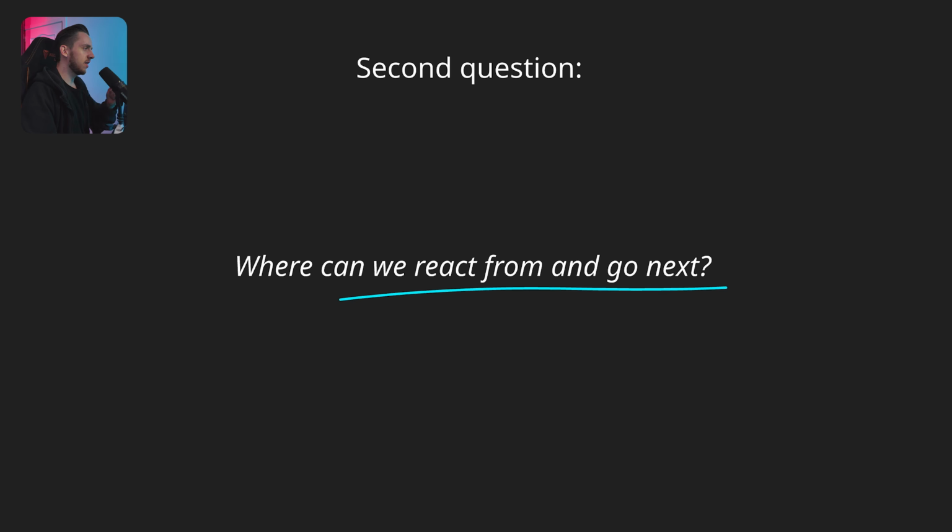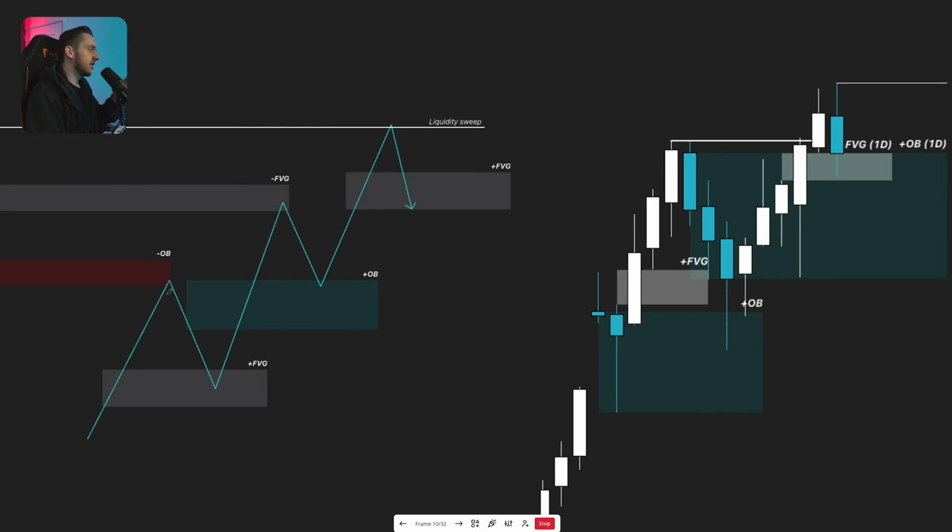To understand this, we first need to know how the market moves on an uptrend. And essentially an uptrend or downtrend goes like this. Price goes higher, tests some sort of bearish PD array. That bearish PD array will give you a reaction for price to go lower. Price will then go to a bullish PD array, and if that holds, it will find its current higher low